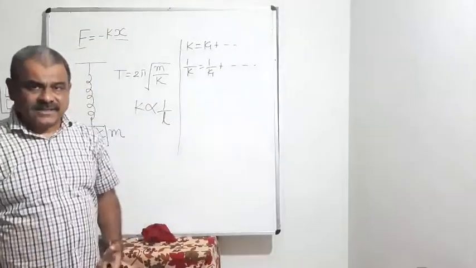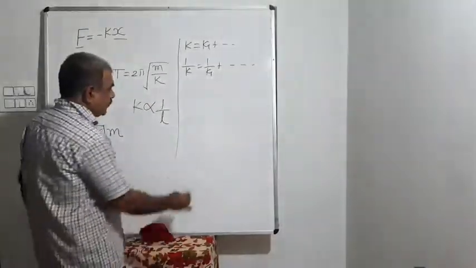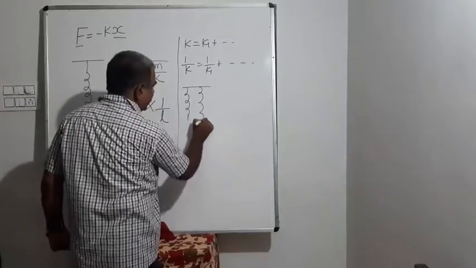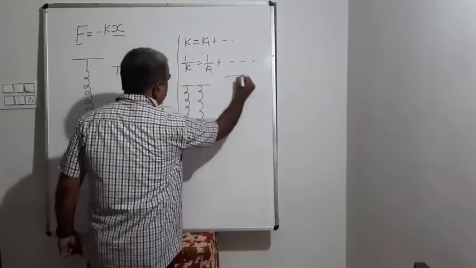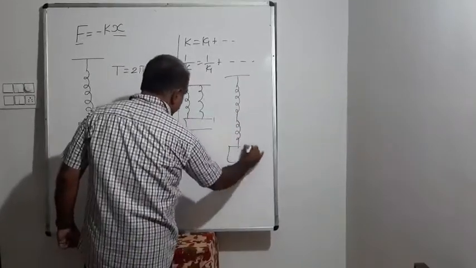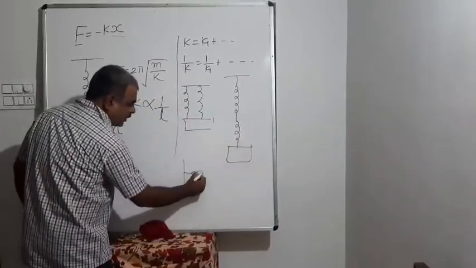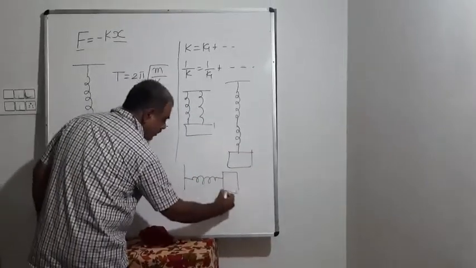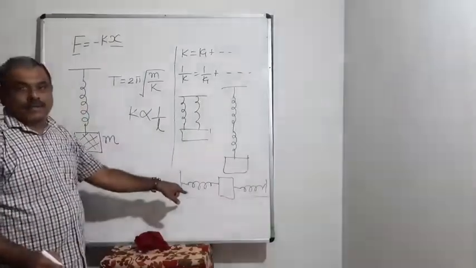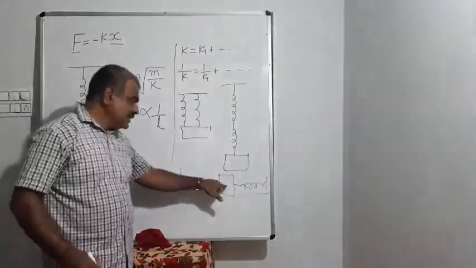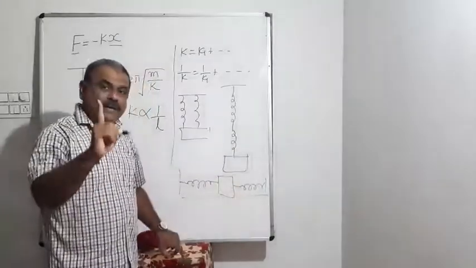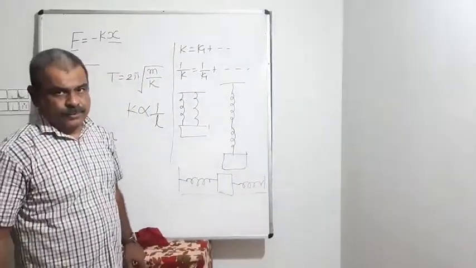Now this is quite simple concept available in every literature. And why I am discussing this? Remember, normally series or parallel figures are something like this. This is parallel. This one is series. But if you are having this situation, then treat it as a parallel combination. Block is attached in between and on either side of that springs are there. Then keep it like a parallel combination.